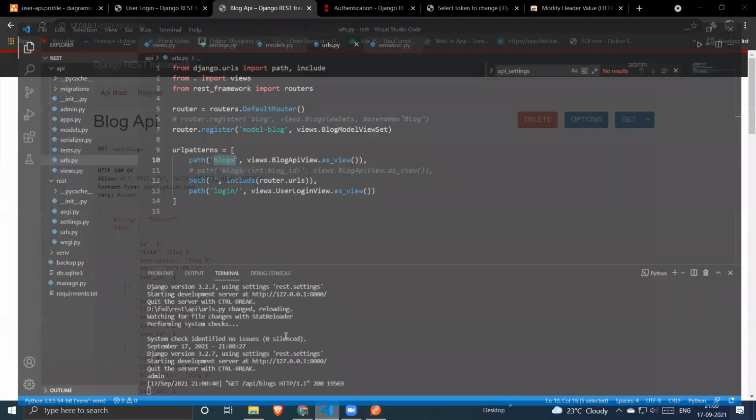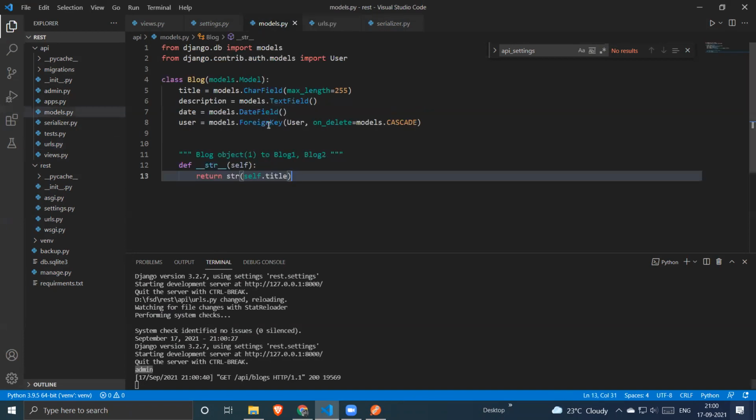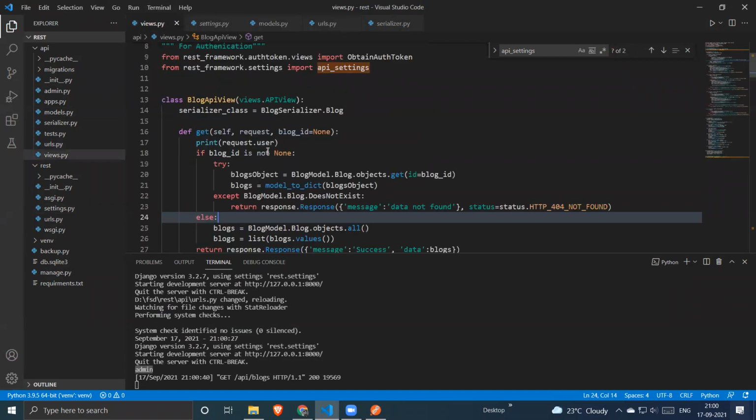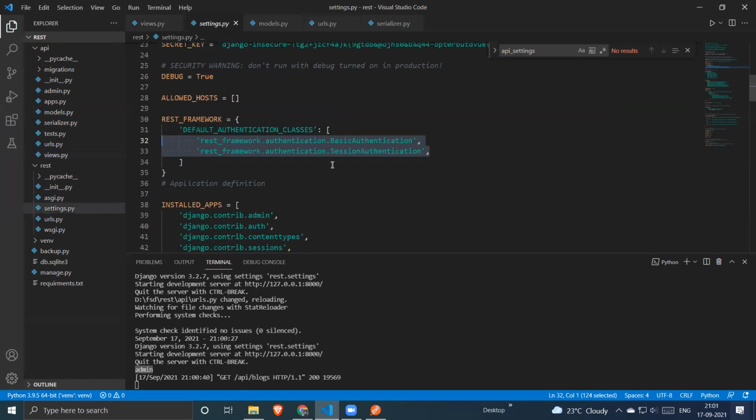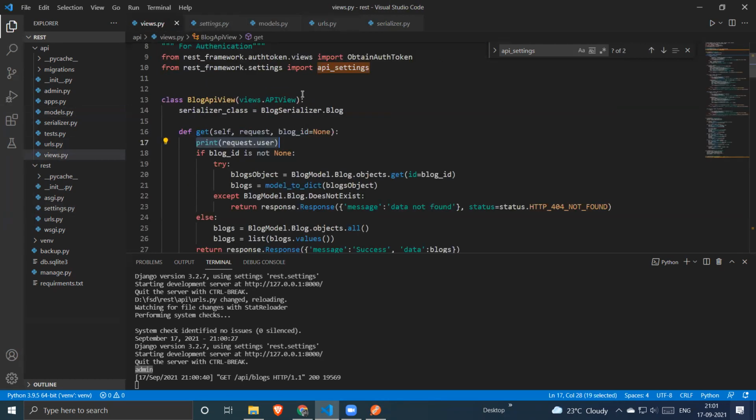If I go back to our browser console, you get this admin, which is request.user. What I did was just print the request object, which holds your request's authorized user session. In Django, we have already seen that the request object also holds your authorized session. So you will get this request.user, and you can get this because we have already defined it in the session authentication. If you remove this, request.session will not work.